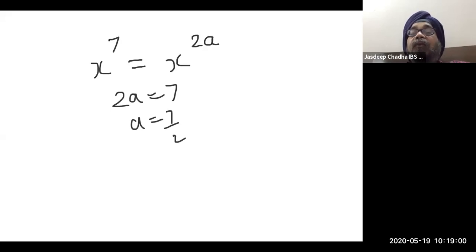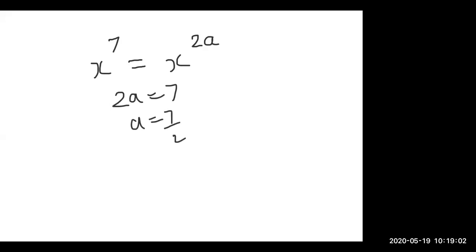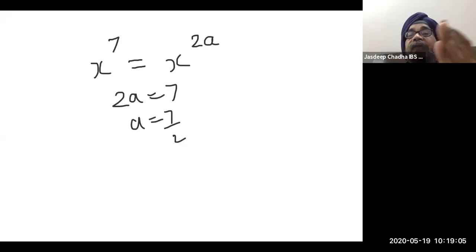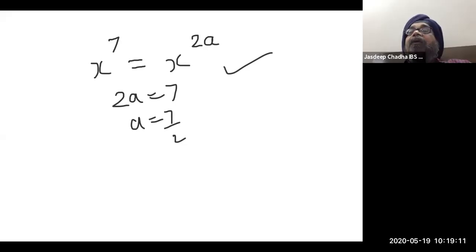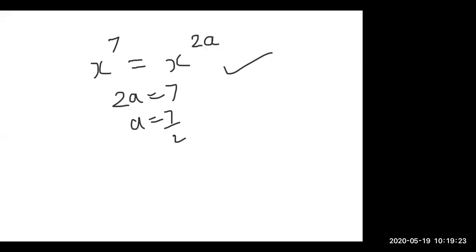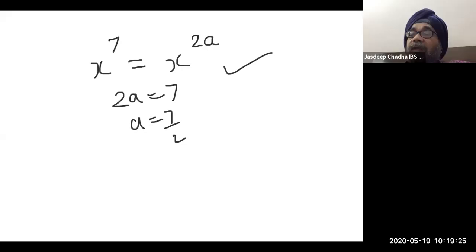So this is also one of the rules of exponents. In an equation, if the base of the exponent on the left hand side and right hand side is the same, you can equate the powers. Okay? Correct? So let's move further and take some formulas of logarithms. Is the exponent addition and subtraction part clear to you? Yes, sir. So let me tell you the common formulas of logarithms.